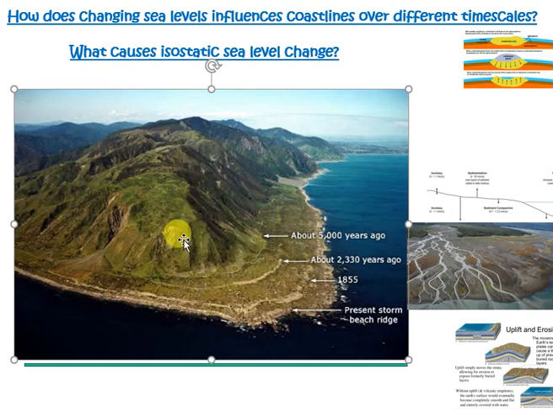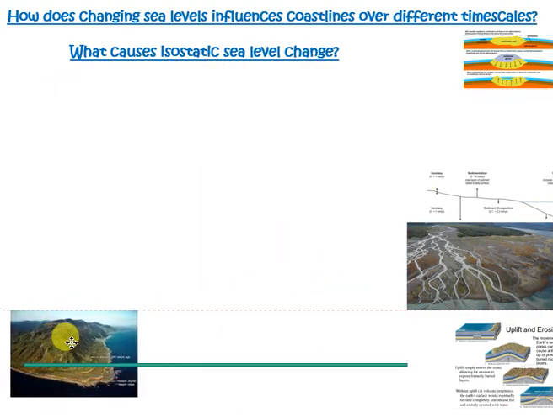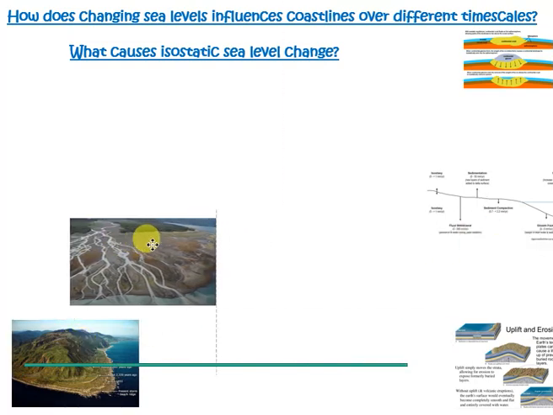So that is an example of marine regression, because we've got an emergent coast. The land is rising upwards. So tectonic uplift is your second cause. The third cause is